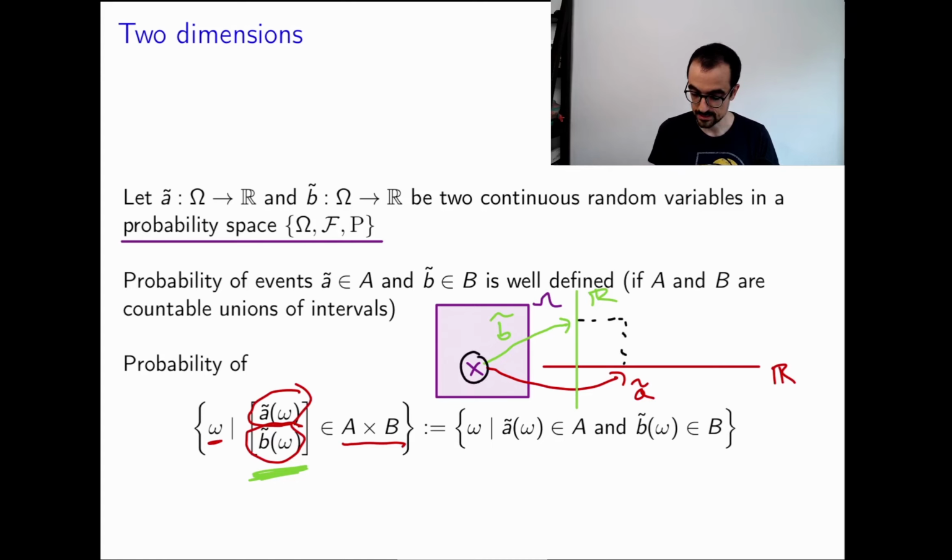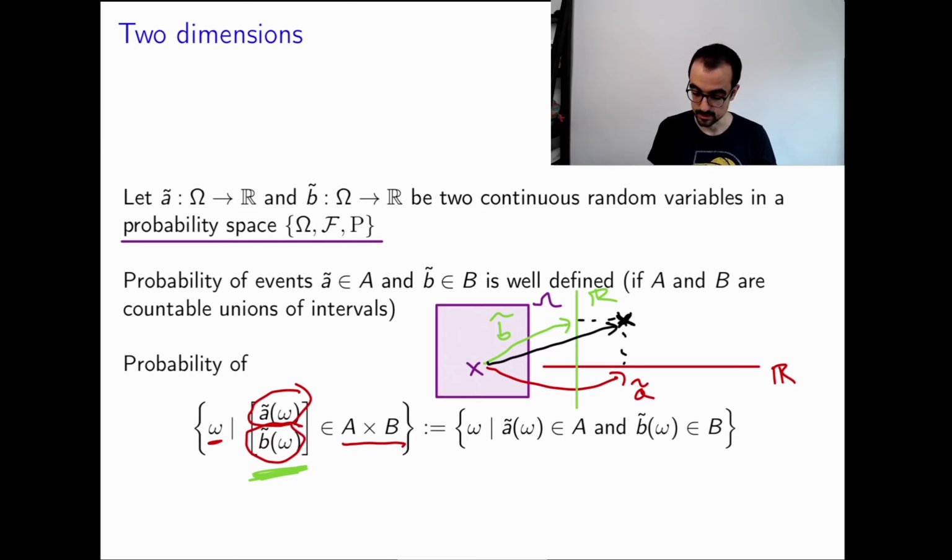this guy here ends up mapped to a 2D point, where the first coordinate is the value of A, the second coordinate is the value that B maps to. Okay, the value that A maps to is the first coordinate, the value that B maps to is the second coordinate. So now we can ask, what is the probability that this mapping, this 2D mapping here, ends up in